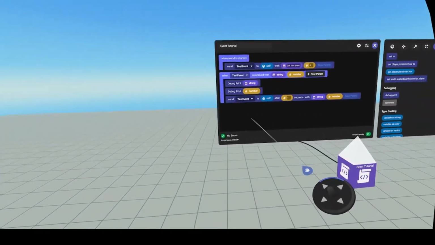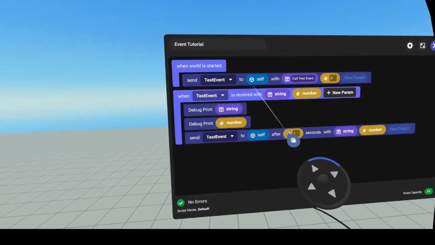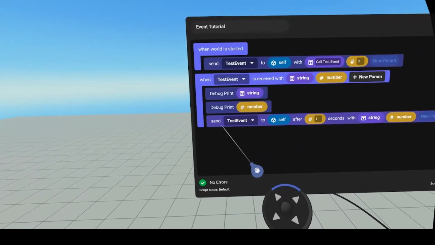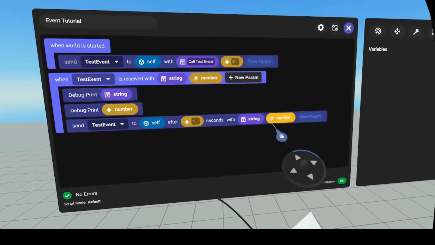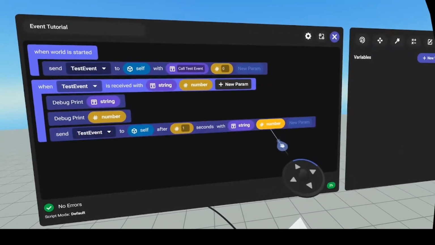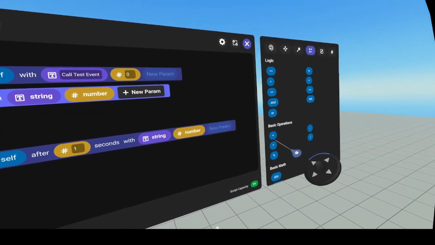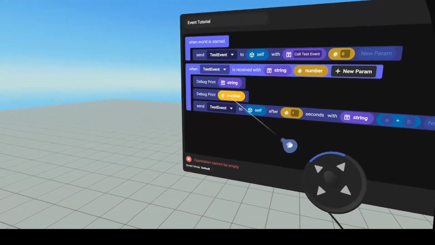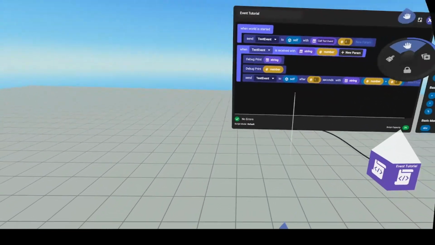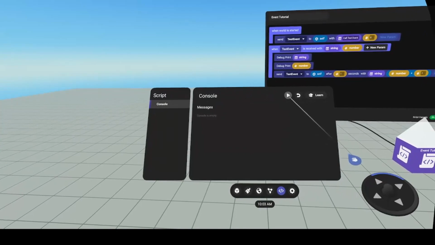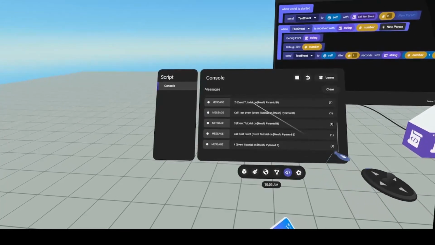We're going to clear that, so we're going to pause the script, clear it. Now I want to increase our number every iteration. So in order to do that, we're going to send test event to self after 1 second with our string and our number, but we need to increase our number every time. So we're going to go to operators, grab a plus sign, and then we're going to say number plus 1. Now, when we go in, clear it, play it, it'll increase 0, 1, 2, 3, and it'll keep doing that